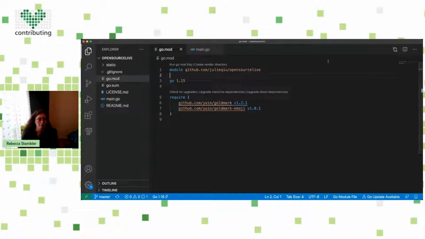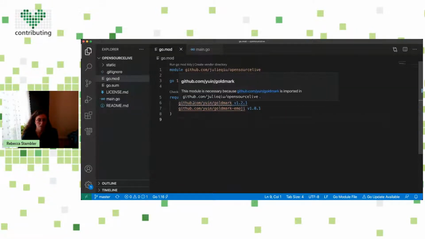And you see these little code lenses. These are all provided by Gopls. That's really nice because it helps you work with your module without having to manually edit this file, which can be a bit confusing. One thing right off the bat we can do is click this check for upgrades button, which I had already clicked before, which is why it was already highlighted. But basically it tells you if any of your dependencies have a new version.